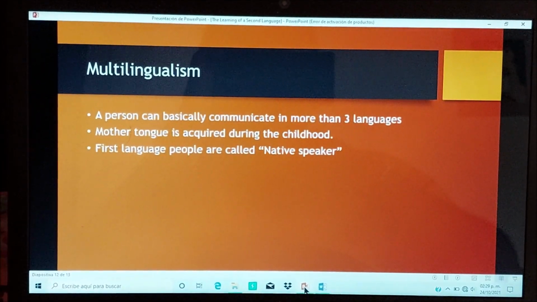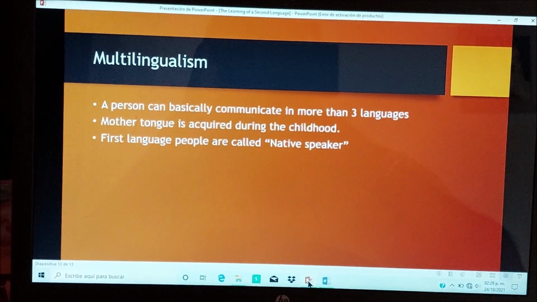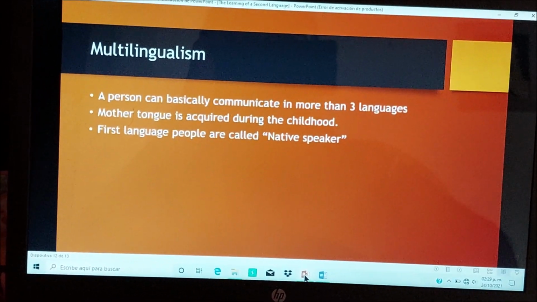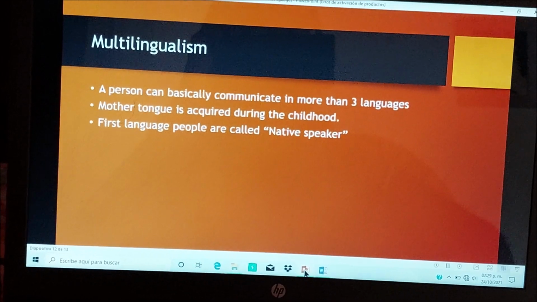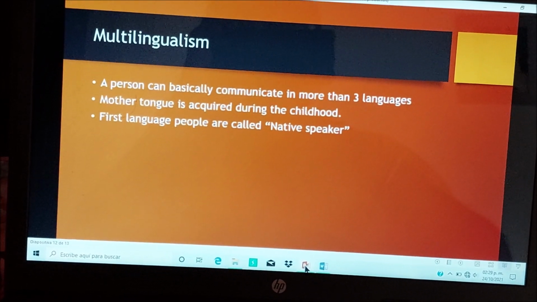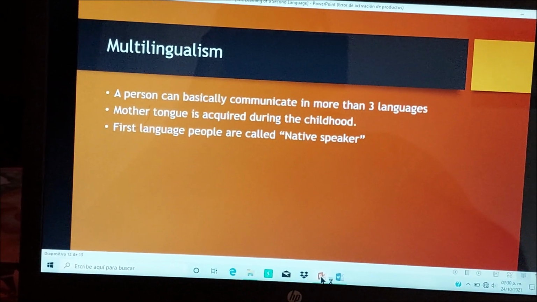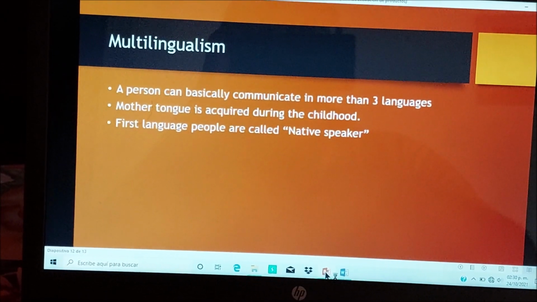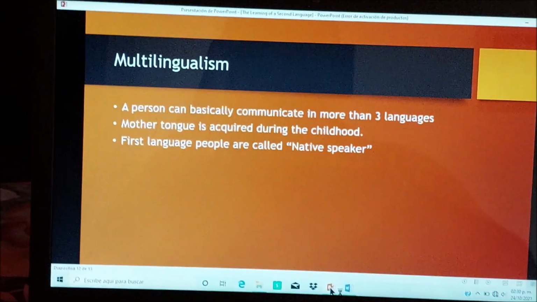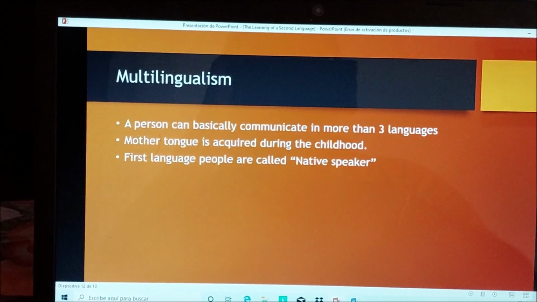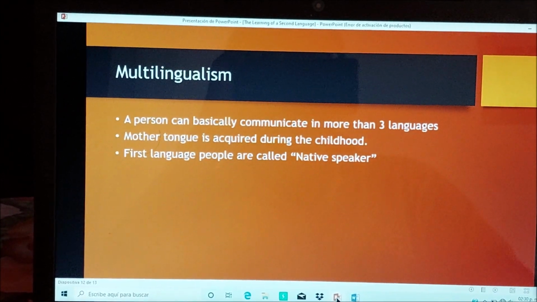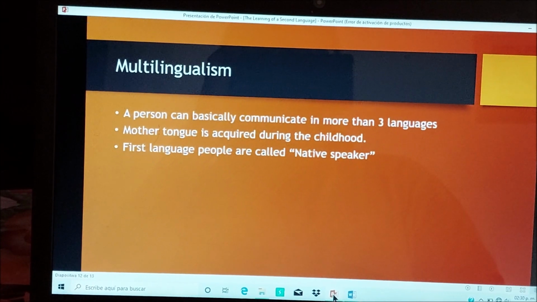And multilingualism is basically a person who speaks more than three languages. And it refers to how they are getting all the information that you know of a language,